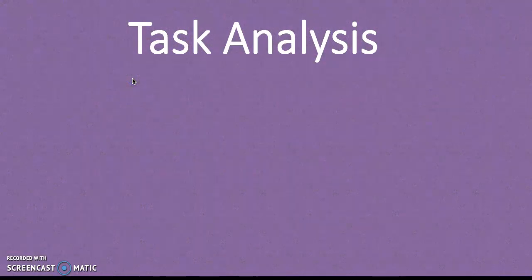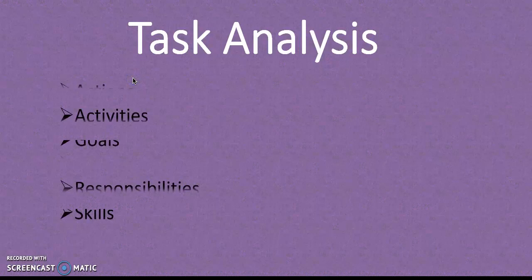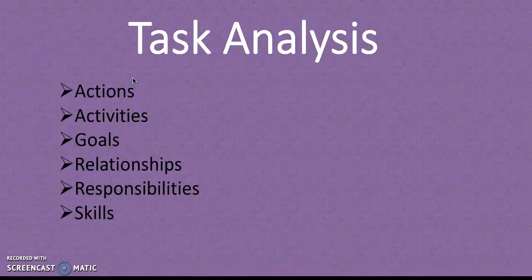What are things that we need to look at? Elements to describe and to review: what exactly are some of the core values in task analysis? Some of those are actions taken by the employee on a regular basis to perform a job, activities that are required to perform the required actions, goals, which are what the outcome of the job should be. These goals could be short-term or long-term. Relationships, the relationships between the different tasks. Responsibilities of employees to meet certain goals.